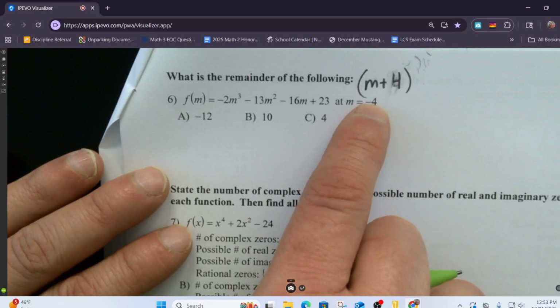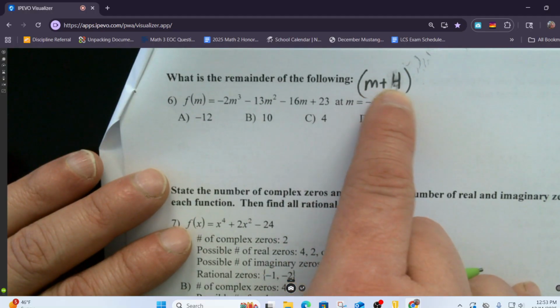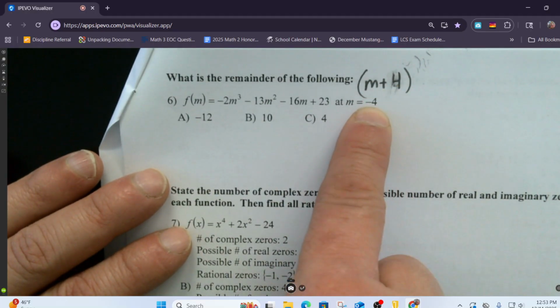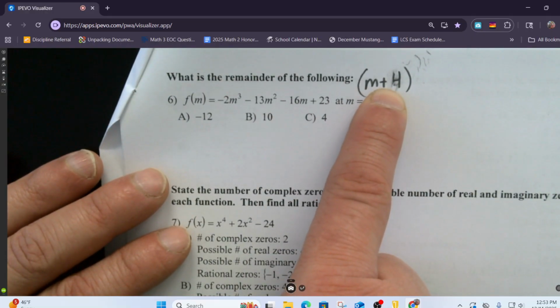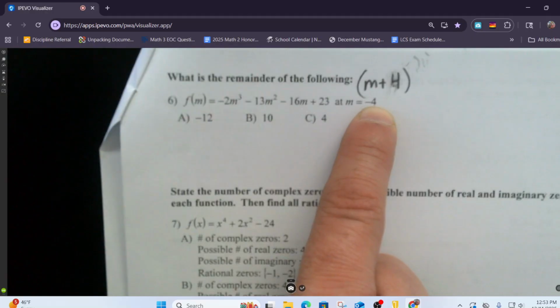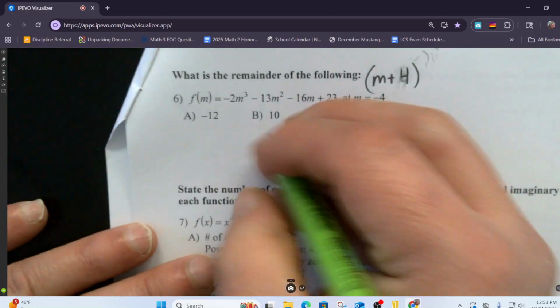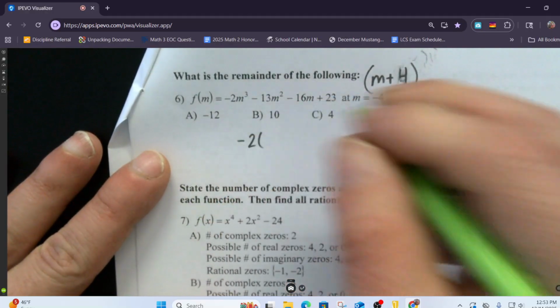Or, guys, if you think about it, m plus 4, if I got a factor like that, how did I get negative 4 from here? What do I always do? Set it equal to 0. Does everybody understand that's the factor for that solution, right? So if I set that equal to 0, I would get negative 4. Then all I got to do, if I'm getting the remainder,